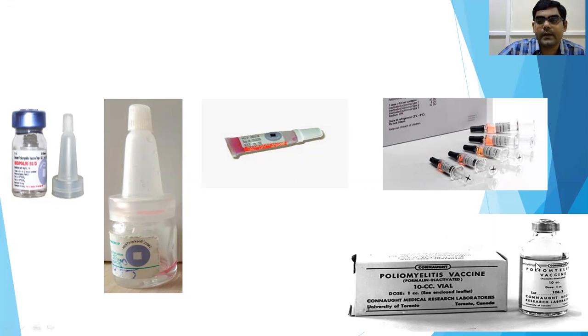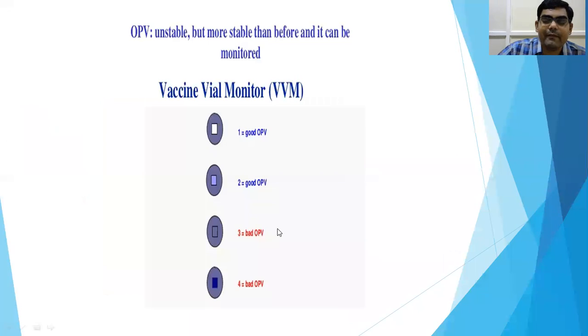It varies, because if you want to give IM, it takes 0.5 ml. If you want to give intradermal, 0.1. So it can be a very good amount of volume, so that multiple numbers can be vaccinated. It also contains a VVM marker. Yeah? So this is the VVM marker.